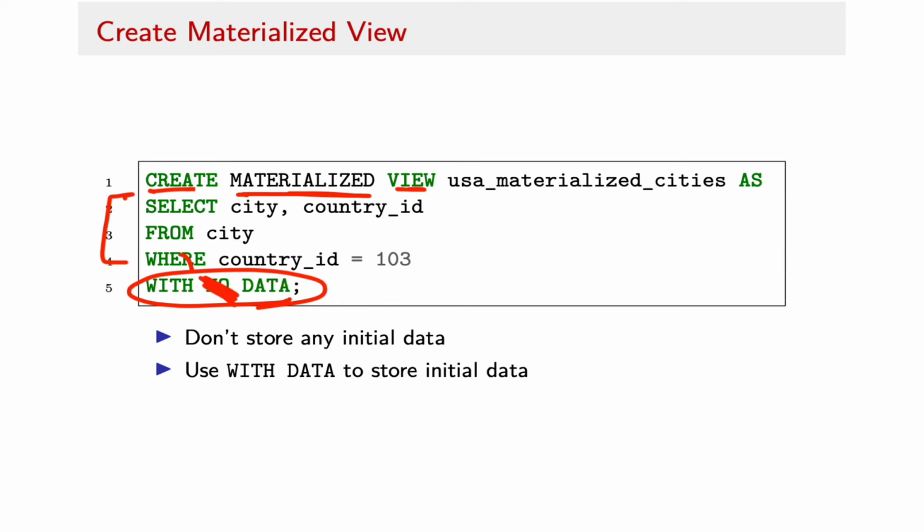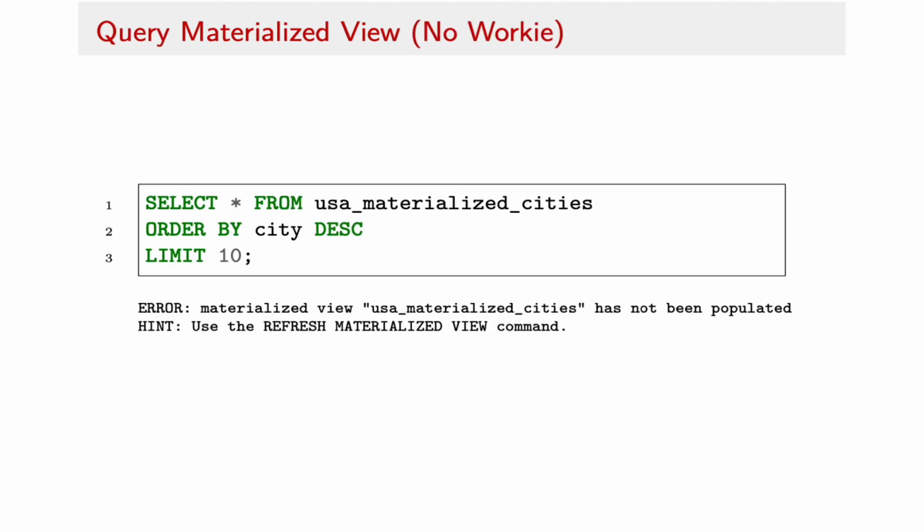However, for this example, I intentionally wanted to leave that WITH NO DATA there, because I want to illustrate what happens if we don't have the data cached in the materialized view and we try to query it. And that's what's shown next. So again, I'm just using the select statement, selecting all the fields from that materialized view that I've just created. And in this case, we get an error message back from the database. It says materialized view USA materialized cities has not been populated. And then it actually gives you a little hint here to say refresh materialized view